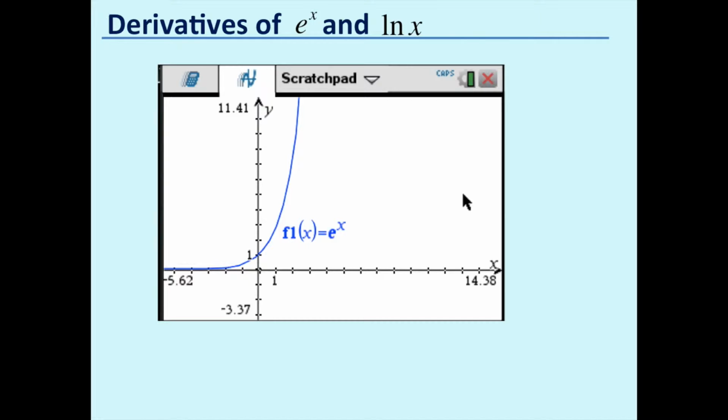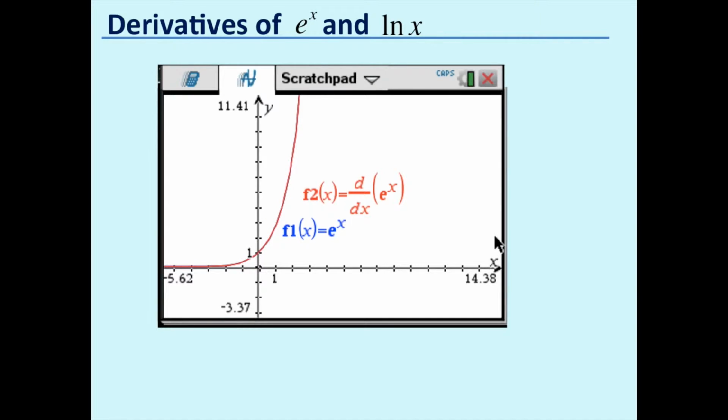So on your calculator, you can use the gradient function or the derivative to see that the gradient function here in red is actually exactly the same as the function. So this is a special case where the gradient of this function is actually the same as that function. Now, just to think about what that means,